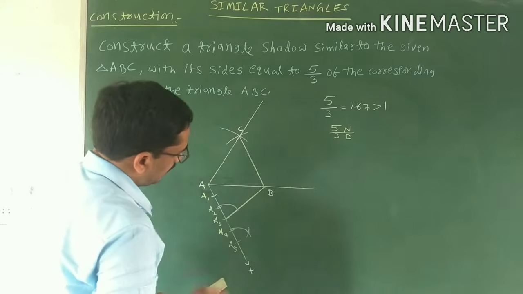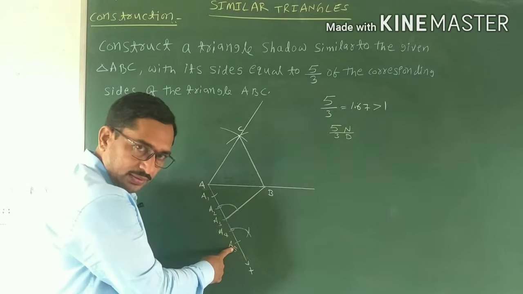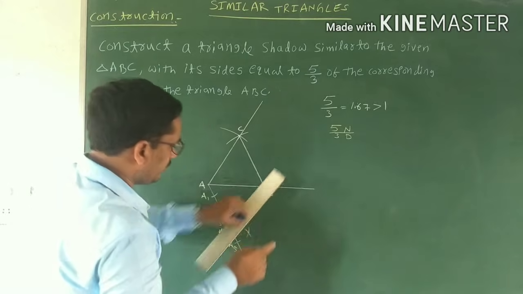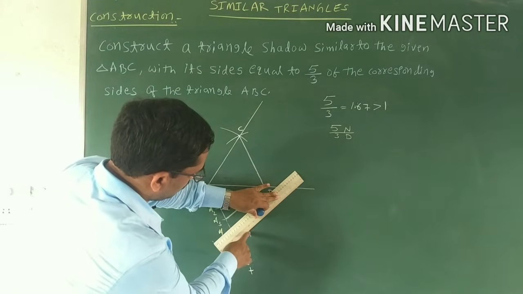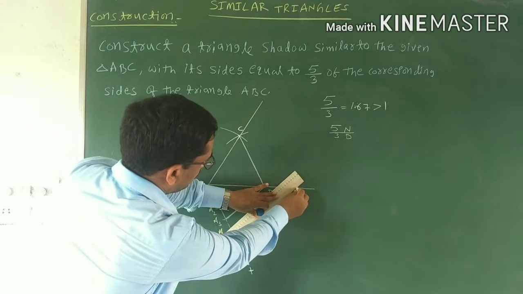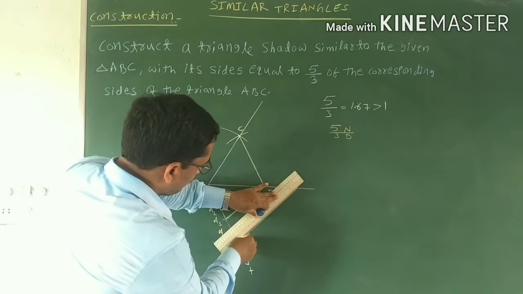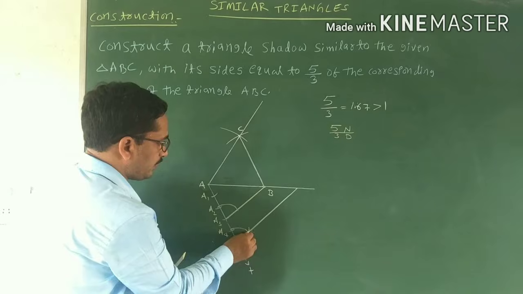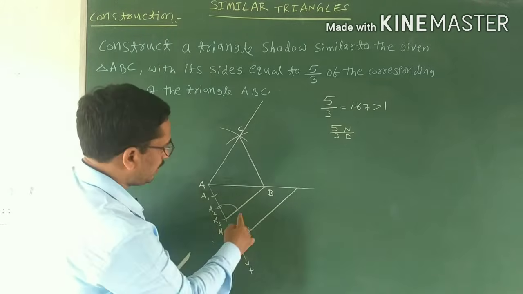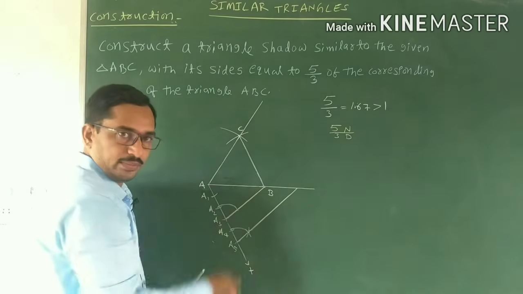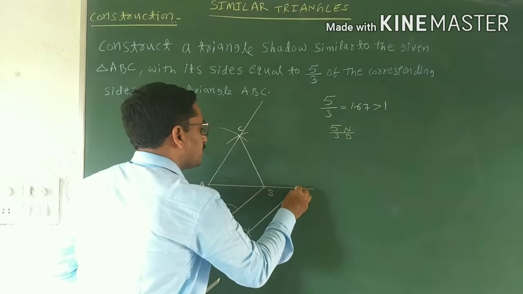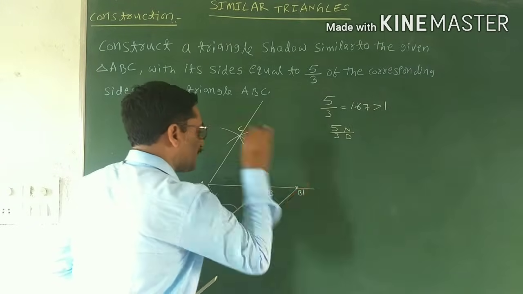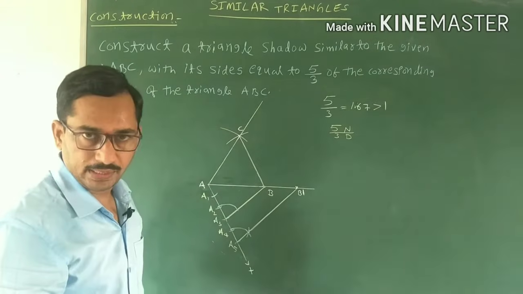Now draw a line from A5 which is parallel to A3B, and that is also passing through the point of intersection of the two arcs. So this is passing through the point of intersection of two arcs from A5 and it is exactly parallel to A3B. Intersect the extended line of AB and locate this point as B dash.